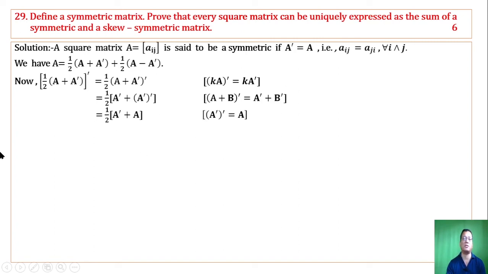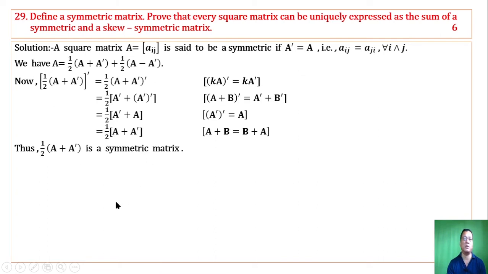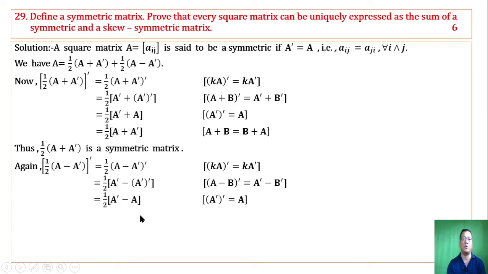And matrix addition is commutative, using which we get this A plus A transpose, whose transpose is itself. Therefore this shows that this is a symmetric matrix. Similarly, taking transpose of this we get this, from which we have minus times of itself. Therefore half of A minus A transpose is a skew symmetric matrix. First part is over. For second part,